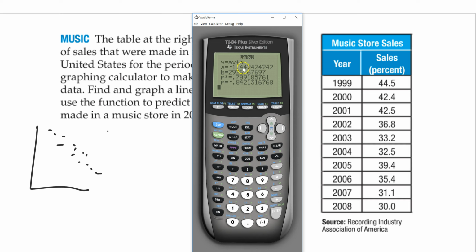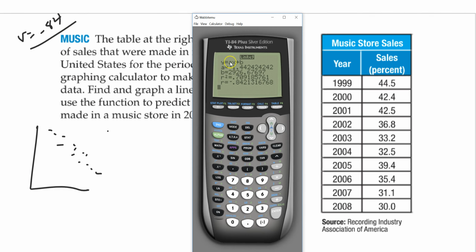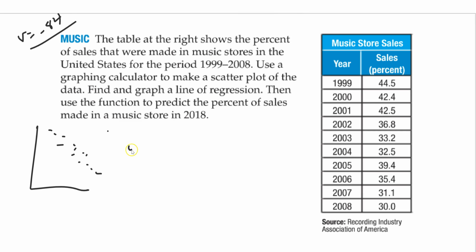Y equals AX plus B, to give me what the A is. It's like negative 1.4. It gives me what the B is. And they give me my R. Look at my R this time: negative 0.84. It's not as strong as last time, but it's still a strong negative. Again, I have my equation: Y equals negative 1.4 X plus